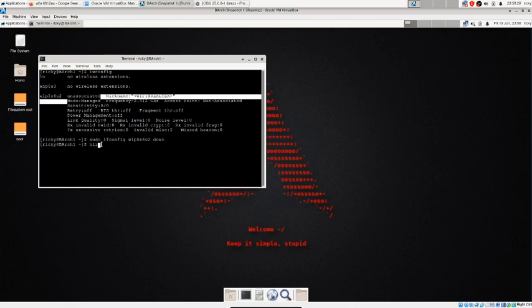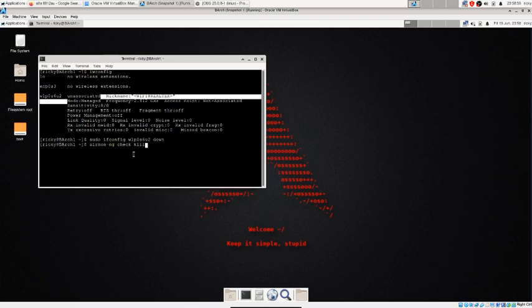Then we have to check whether the card is used by any process. So you just run airmon-ng. These are all the packages installed with BlackArch in the beginning, so you don't need to worry about installing any of these packages. airmon-ng check kill.